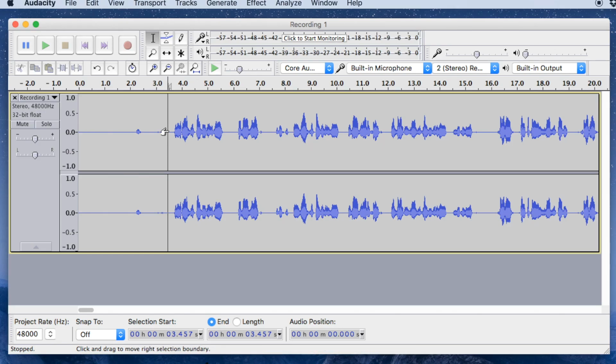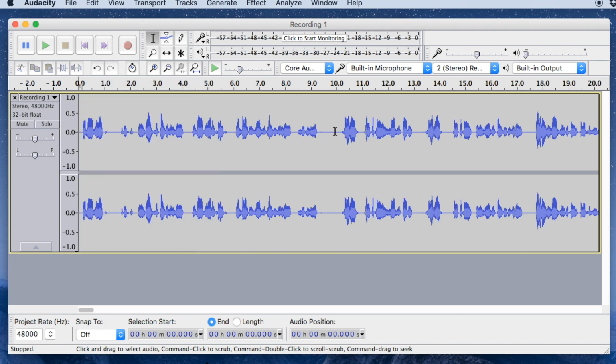So, to edit, you simply click on where you want to make a change or a selection. So let's say we want to delete this sentence. You just make a click at the end of the sentence and then drag on the playhead, which is that line. And then once you've made the selection for the area that you want to delete, just hit the backspace on your keyboard. That will get rid of it. You can do the same in either direction. So if you make a selection there, you can move it forward or you can move it backward over the